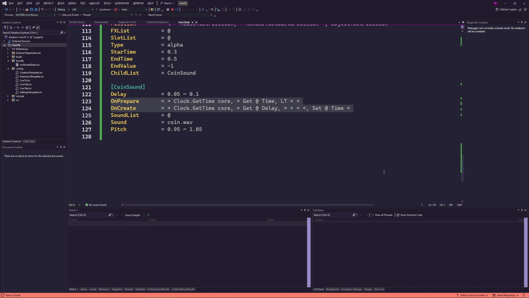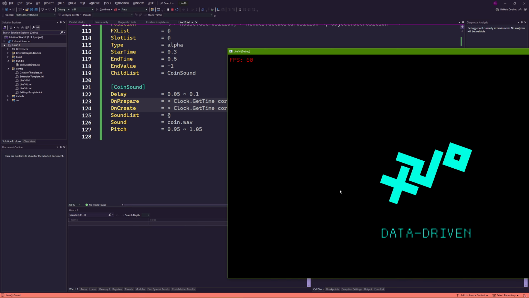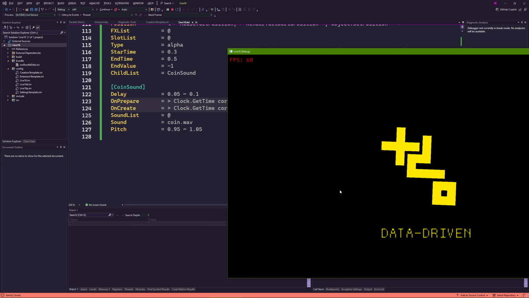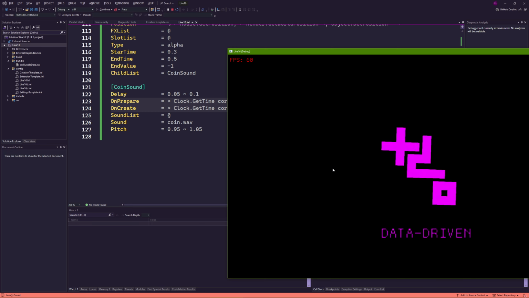By just doing this, we have rate limitation for creating objects, no matter how they were created. They don't have to be coming from a spawner or something like this. And that works for any object, obviously. It's just an illustration for the sound. Any question on this one?